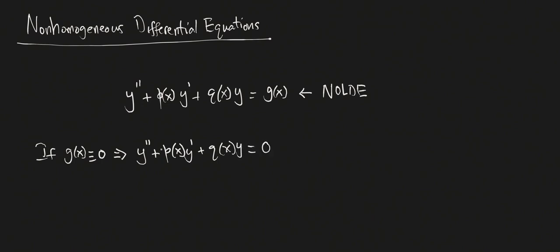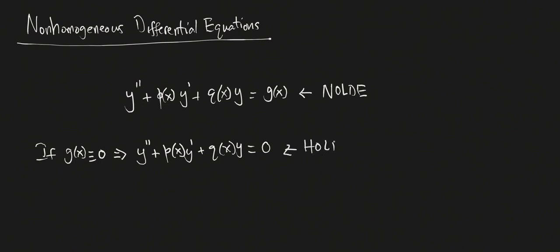So, we refer to this as the associated homogeneous equation of the non-homogeneous equation. Associated because the left-hand side is identical. The big difference is whether you have a non-zero function in the NOLD case versus the zero function in the